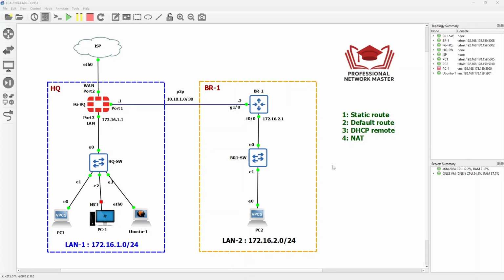Hello. In this lab, I have created this topology to make one simulation where we have headquarter in this site. Our FortiGate is the gateway in this site, so it's connected to the internet service provider, as in the last lesson. We have this LAN with